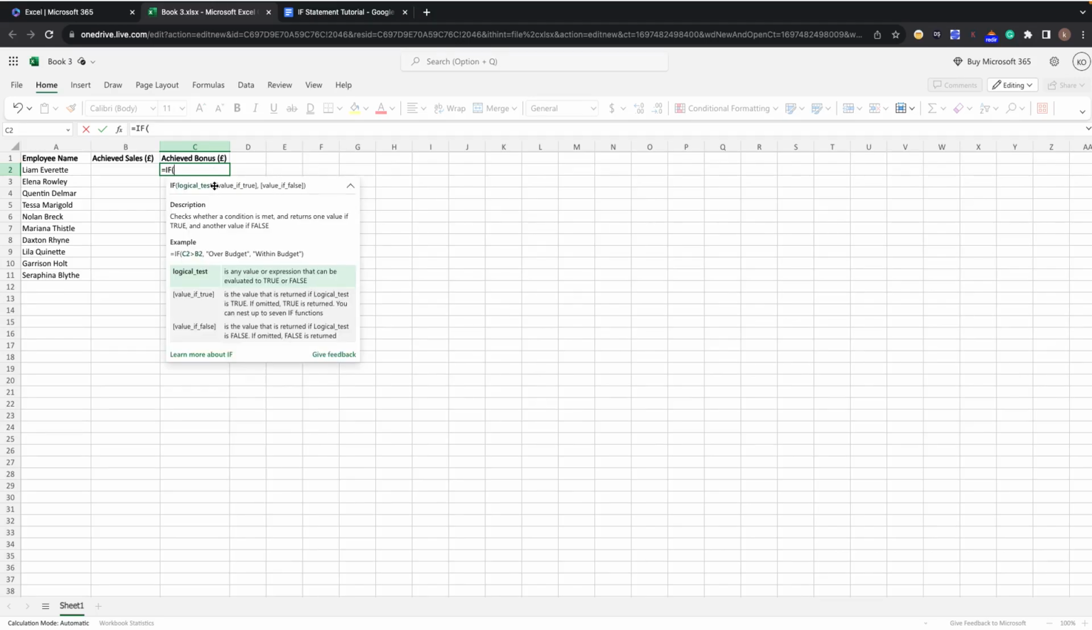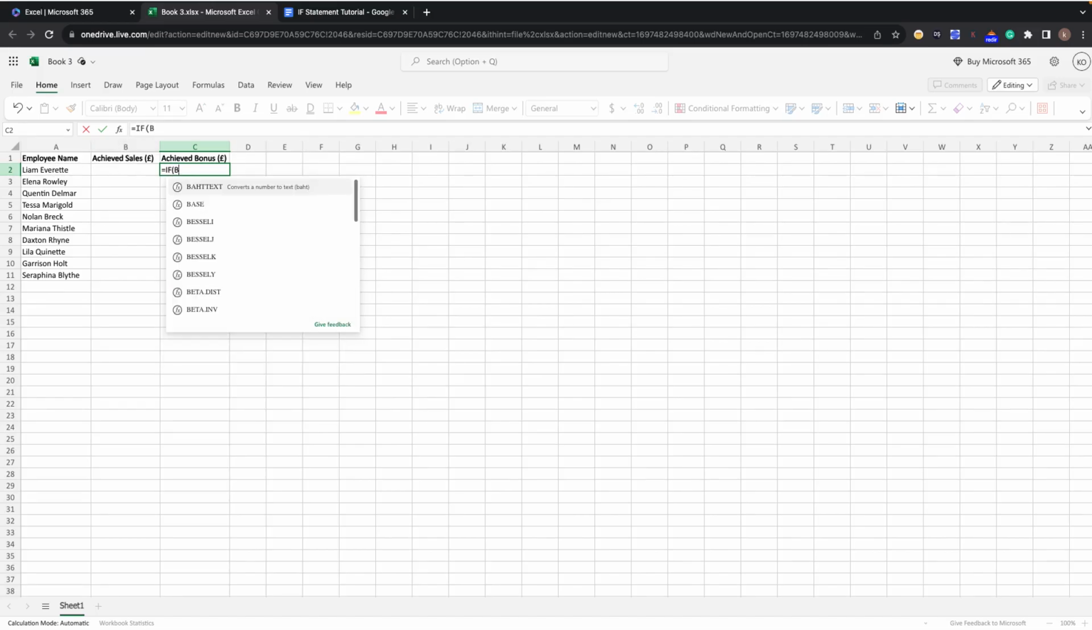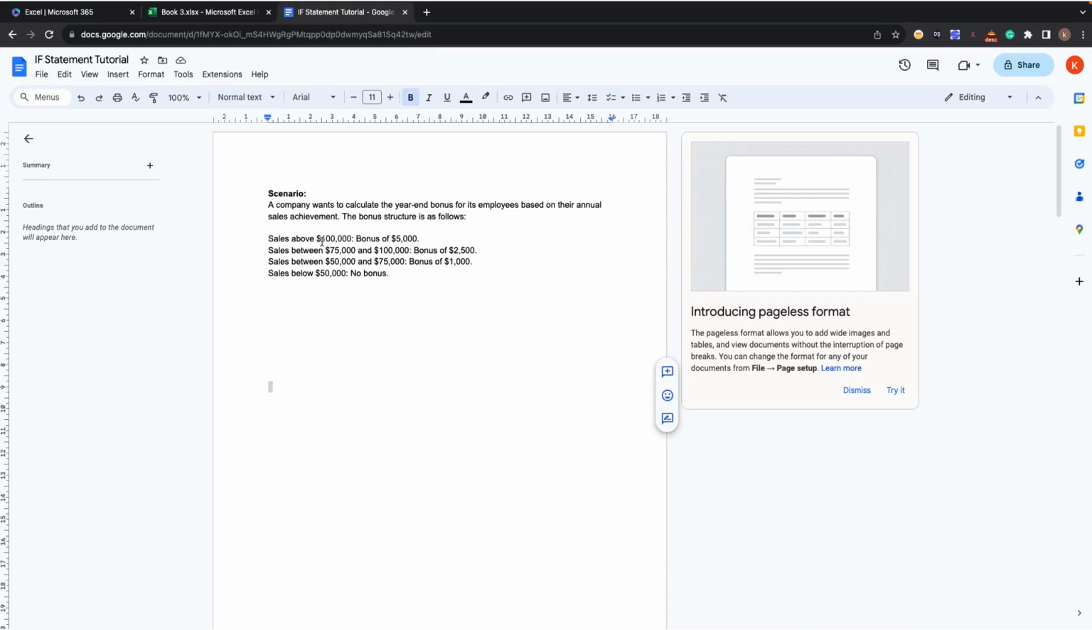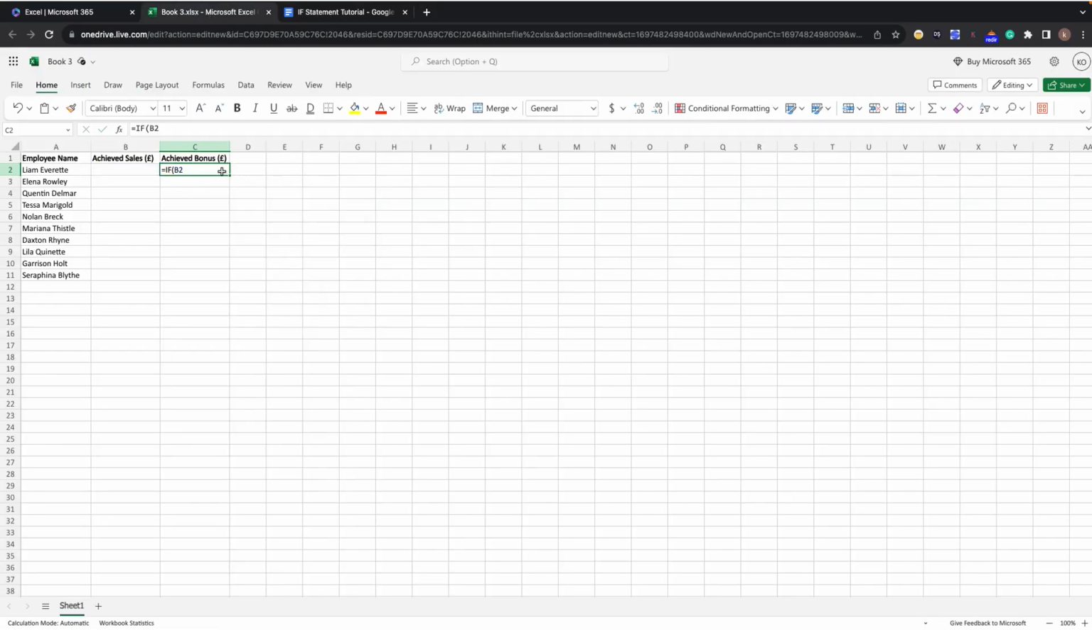So if we click on that, we want to say that if the figure that's in here, in this case, column B, row 2. So if B2, and as you can see, as I type that in, it highlights it in blue and it recognizes what cell we're referring to. So if B2, and let's refer back to our use case. Here it's if any cells above 100,000 gets a bonus of 5,000. So if cell B2,